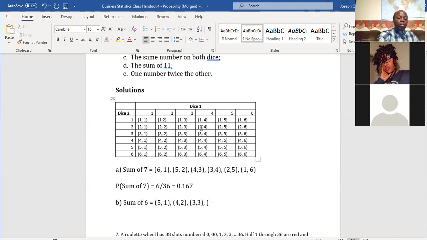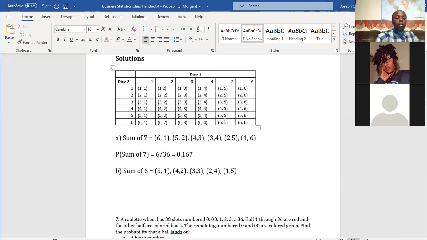2, 4 gives us 6. Then 1, 5 gives us 6. So the probability of getting the sum of 6 becomes, how many of them? 1, 2, 3, 4, 5. So 5 out of 36,